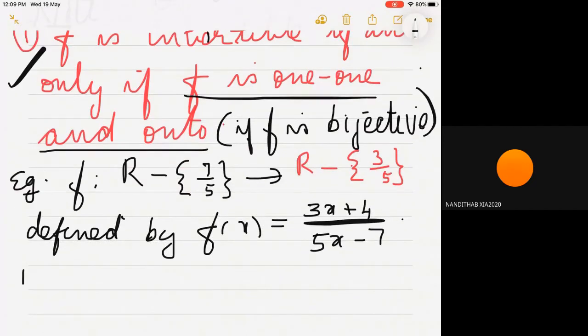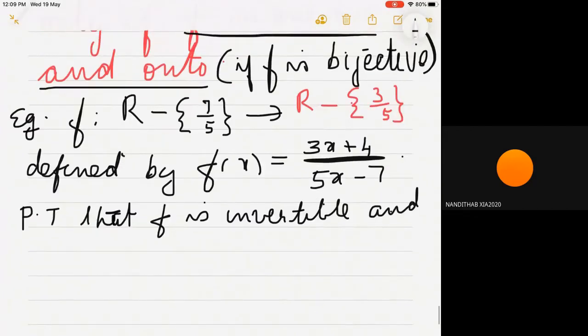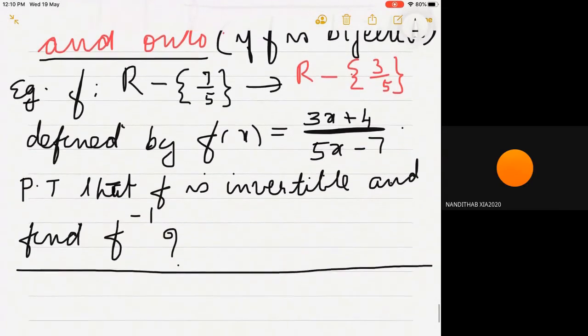Prove that f is invertible and find f inverse. So here f is defined from one set,